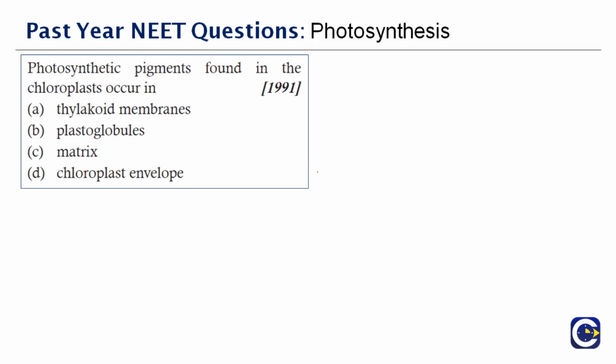Okay, next question, which was asked in the year 1991. Photosynthetic pigments found in the chloroplast occur in dash. This is a very easy question for you to answer. By now you'd have guessed it, right? The correct answer is